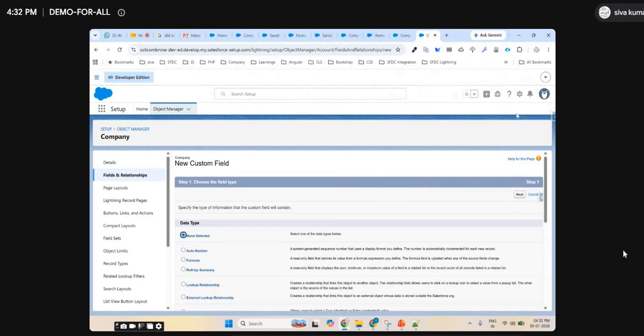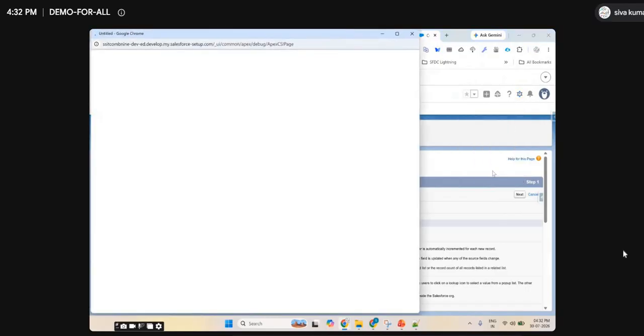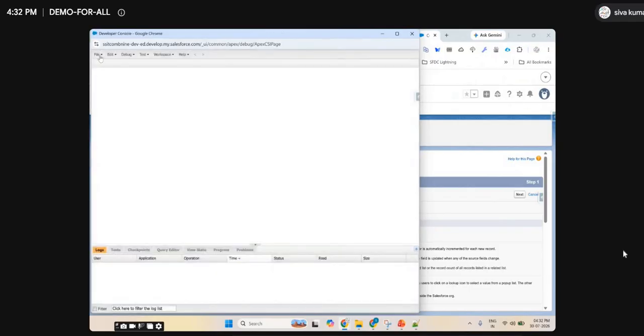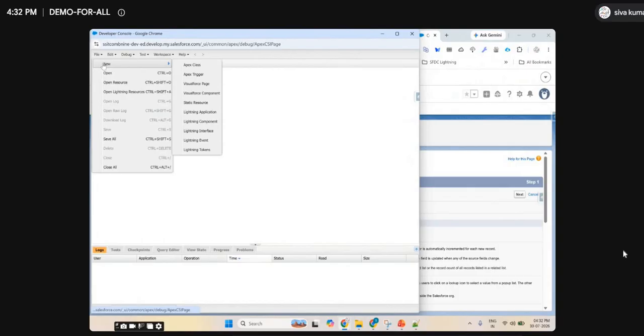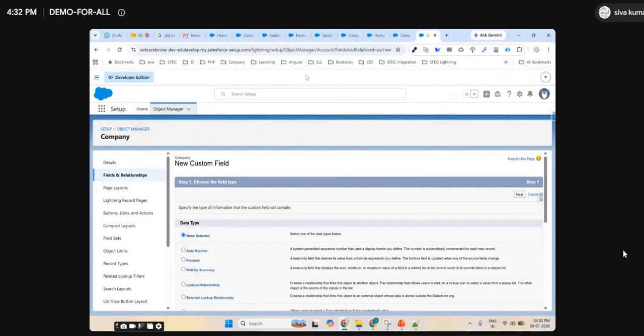For that also you don't need to install any software locally to run that code. If I go to the developer console, I'm just giving an overview of what point and click is and what development is. I don't install anything, it is coming online only. It is SaaS, right? You are using the CRM as software as a service.